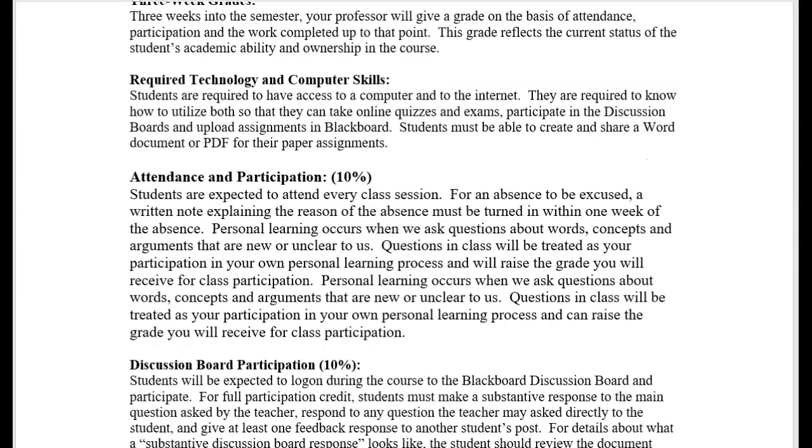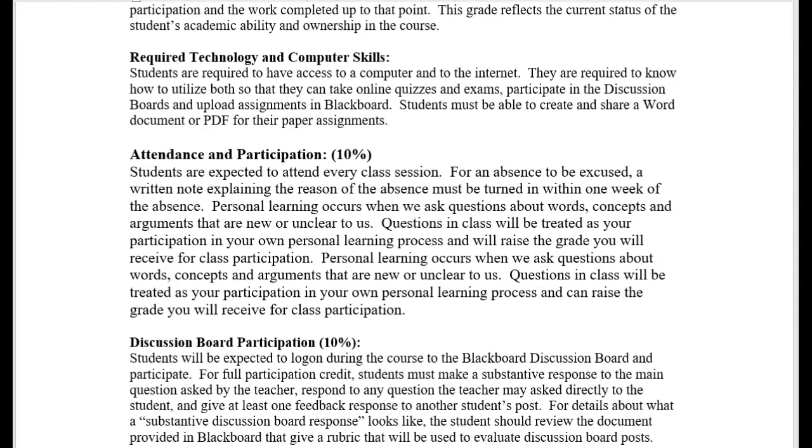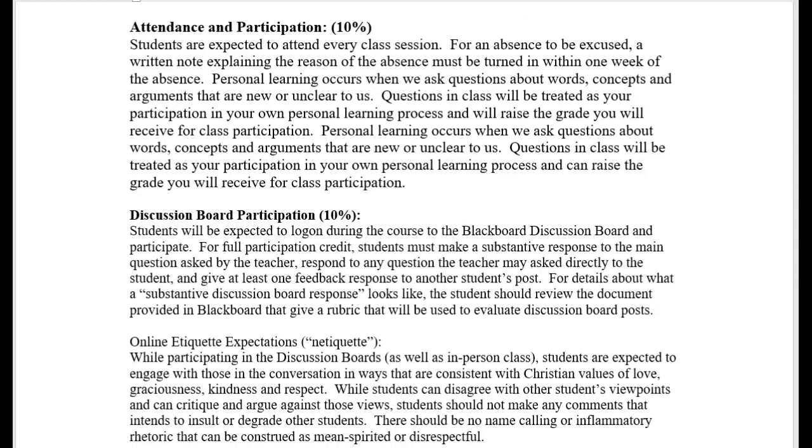So as I mentioned, attendance and participation is required. I truly value when students ask questions in class, because that, for me, demonstrates a student is processing information and trying to learn. You are going to be getting into a discussion board every week, and you're going to be making contributions. I'll put up prompts that I'll be expecting you to respond to, and then you are going to need to make substantive responses to 2 other students.